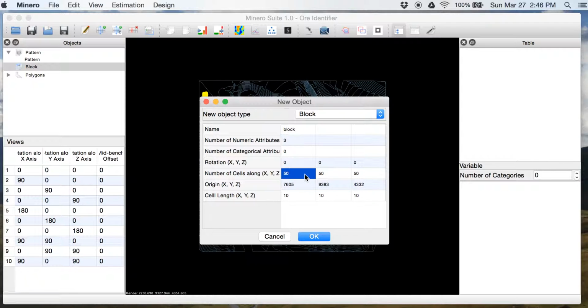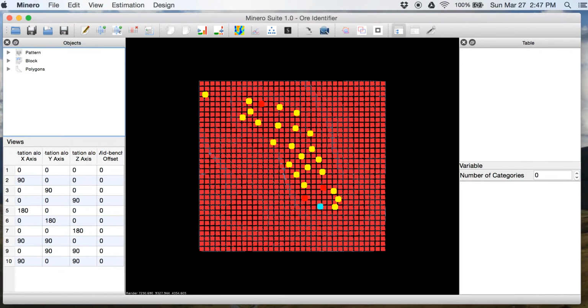Number of cells along X is 35, 33 here for Y, and 22 for Z. Cell length 8 by 8 by 2. Okay, this is the block.